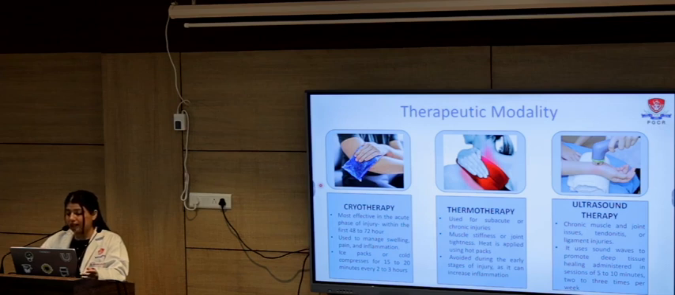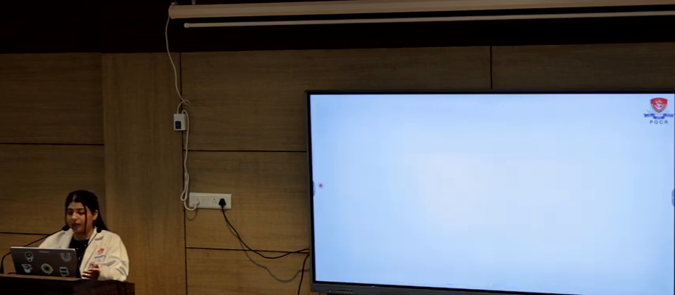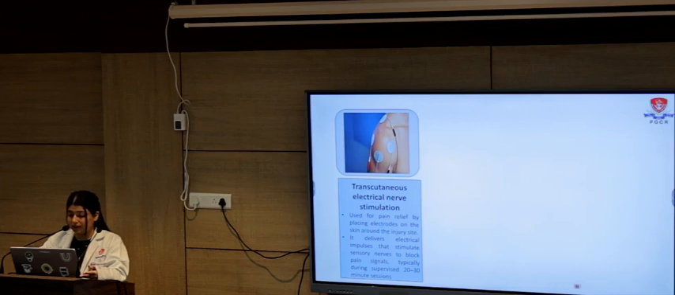Each of these modalities has specific indications and timing to maximize their therapeutic benefits and support recovery. Electrical and acoustic based therapeutic modalities are essential tools in managing both acute and chronic sports injuries. Like TENS, which is also known as transcutaneous electrical nerve stimulation, is commonly used for pain relief by placing electrodes on the skin around the injury site. It delivers electrical impulses that stimulate sensory nerves to block pain signals, typically during a supervised 20 to 30 minute